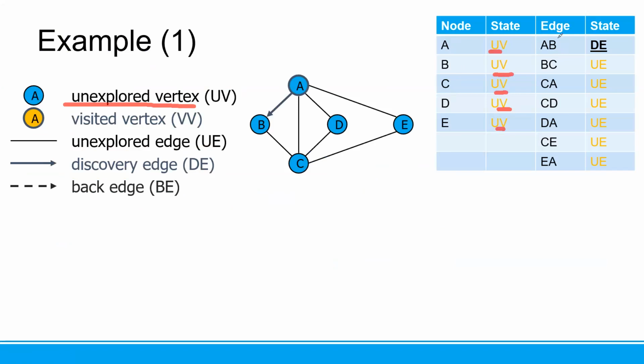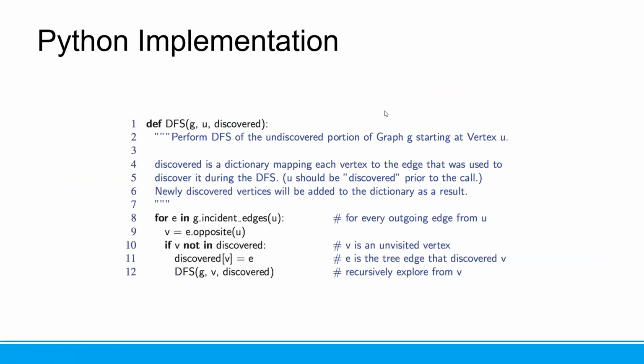And all the states of the edges are unexplored: unexplored, unexplored, unexplored, unexplored, unexplored, unexplored. Now let's start from the first. I want to start from A, and then check the first part. If I want to start from A, if you look at the algorithm,